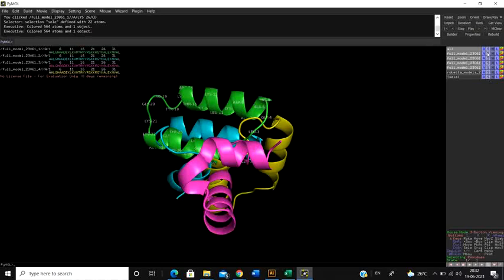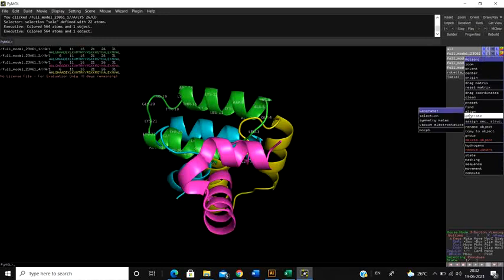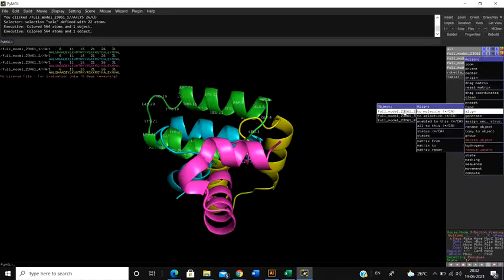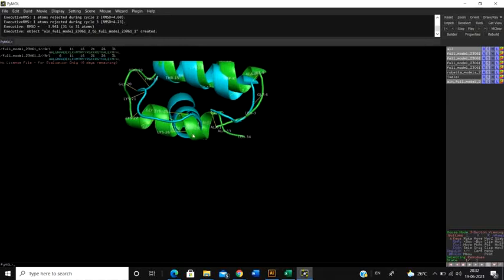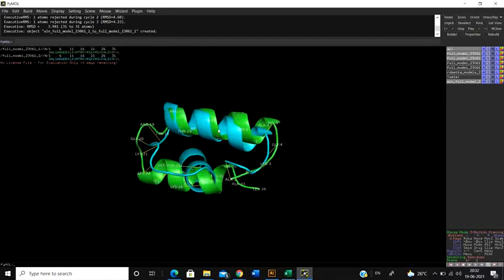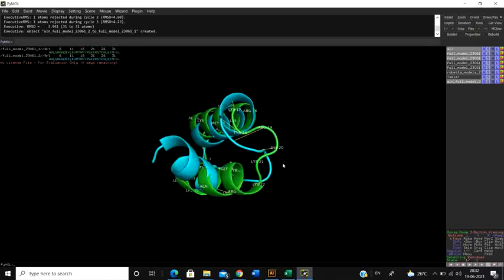How to align them? Simply click on the A button of the molecule which you need to align, and there is an option called align. Under the align option, click on 2 molecule and then with model 1. So now see, the second molecule is actually aligned with the first model. Okay, and see,